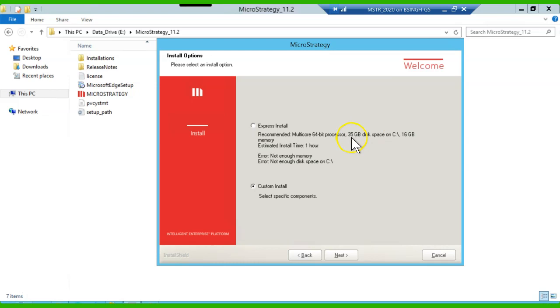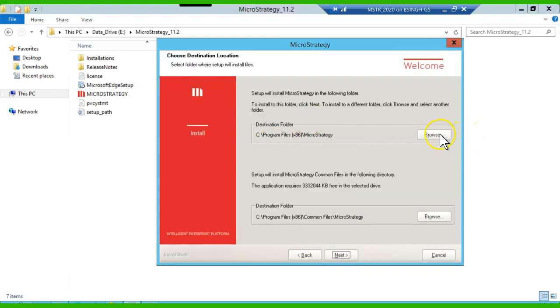Like the 35 GB free disk space, and you must have the 16 GB of memory. So I don't have that, so I'm going with this custom install option. Okay, so let's see, if I select this express install, it's not giving me the option to hit the next button because it's giving the error. Okay, so I will go with the custom install.